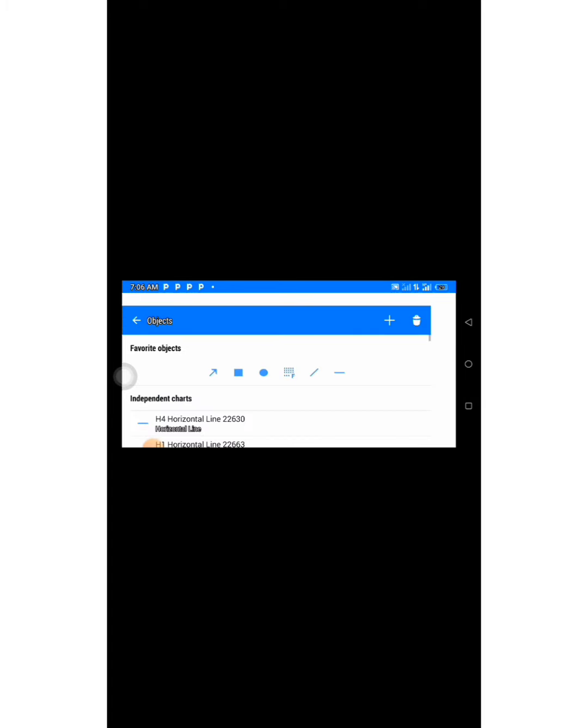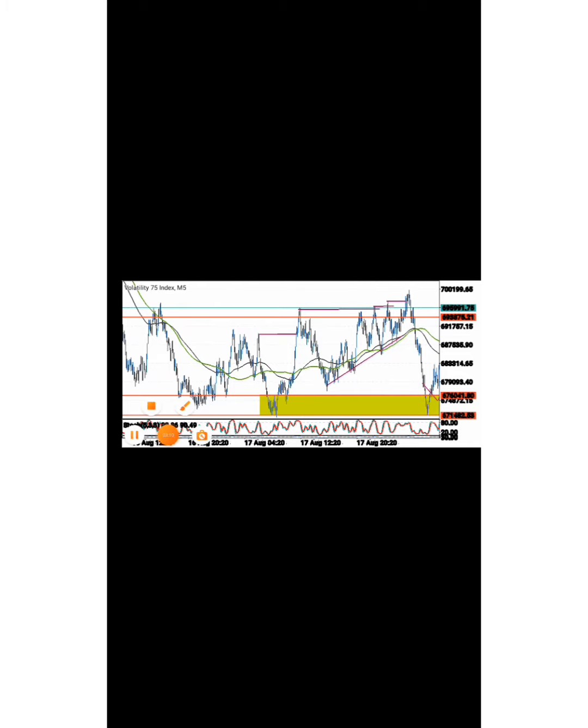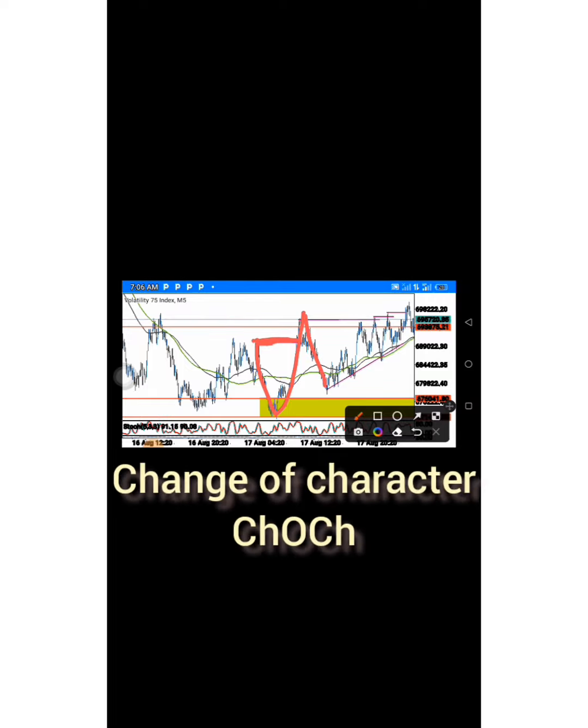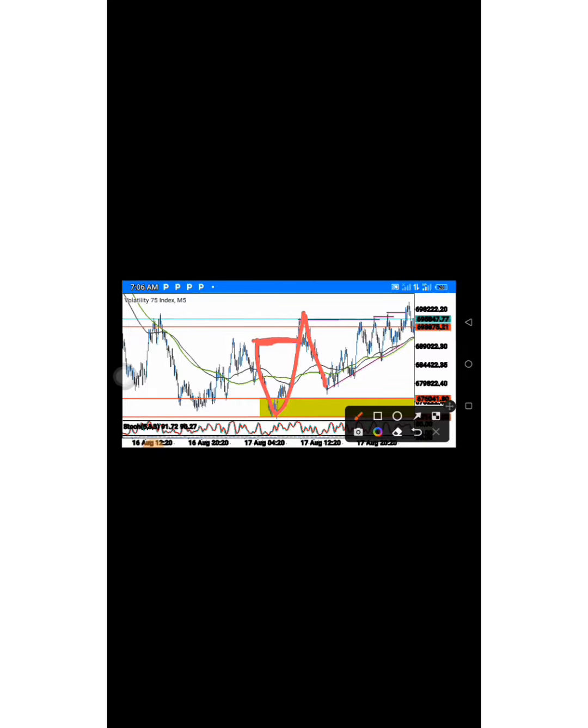So this is the last high that caused this low. So when the market broke it, this is called change of character. Then the market retested. So when the market created this low here, there was already another block formed, and if you want to see it,